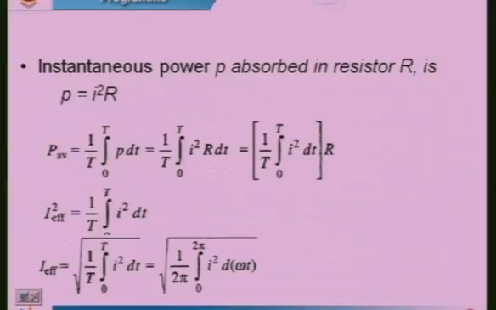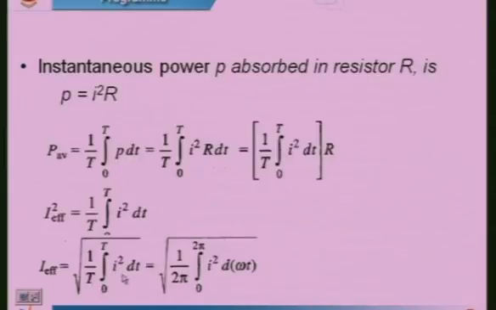So, this expression again will give you the instantaneous power absorbed, and this also will give you an expression for the effective value. If you see the effective value on the slide here, I have given an effective value expression as square root of 1 by T integral 0 to T i squared dt. If you read this equation, I call it the effective value definitely, but before finding the effective value, you see I am squaring the current. Therefore it is squared.